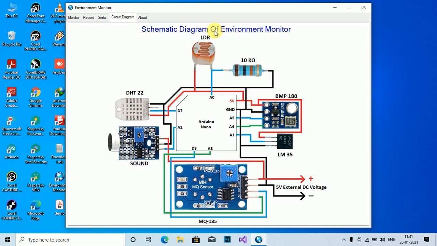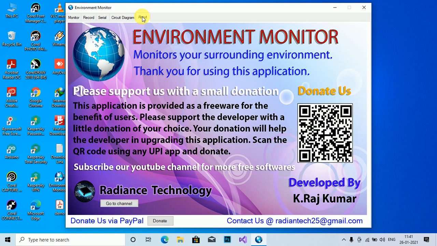This is the schematic diagram of environment monitor. Then click on about tab. This is about the software. This software has been developed by Radiance Technology YouTube channel, and it has been developed by an author called Rajkumar.